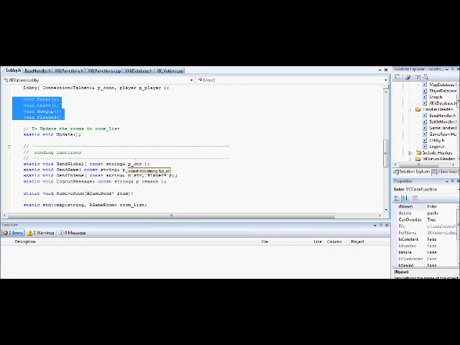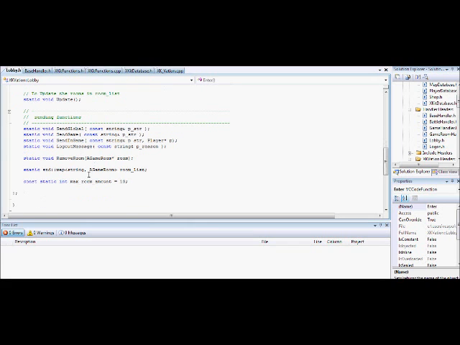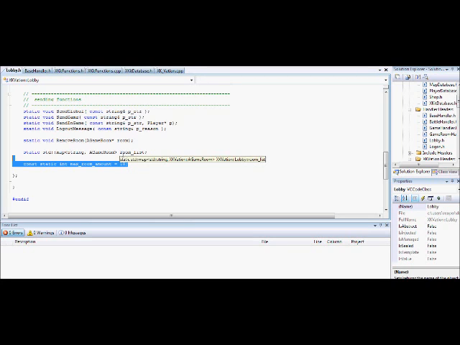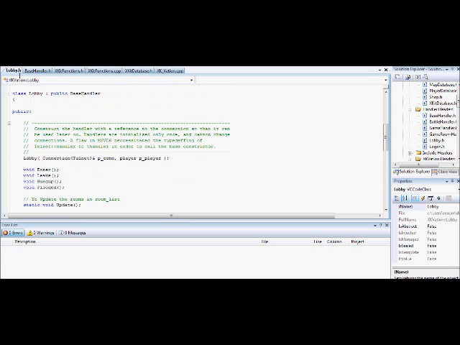And it's just some functions to send global, send game, send in game, and logout messages. I've got a max room amount, so there can't be more than 10 rooms in any game. And here you can see the room list, which is just a map of game rooms, sorry, not map rooms. It's something I confuse myself with often. I need to rename them, but okay. So if I go to the lobby.c++ file,